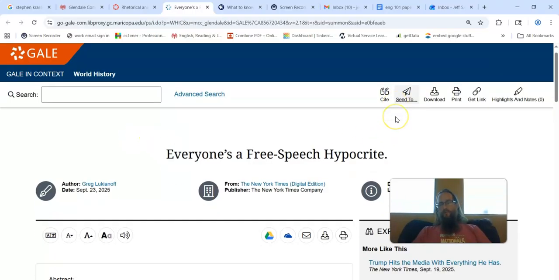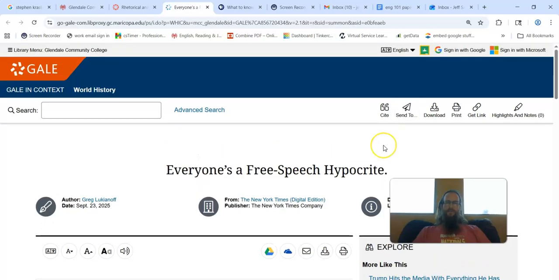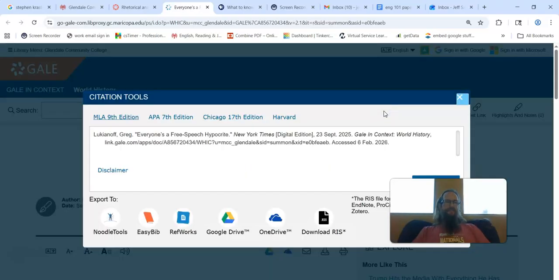The big thing, or one of the big things about library database articles is they give you the citation. And what's really funny is the citation machines get them wrong. They always get the library databases wrong. So you got to click the Cite button. All right. Be sure it says MLA 9th. You're not APA.